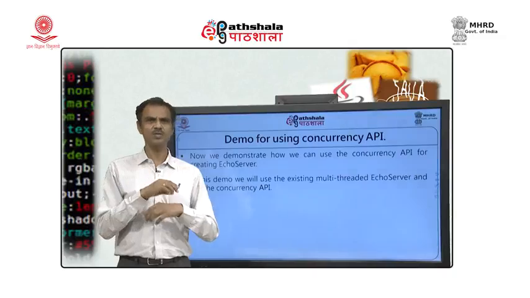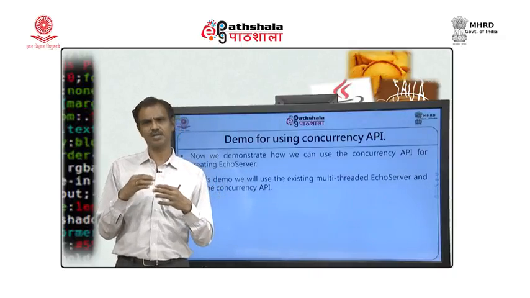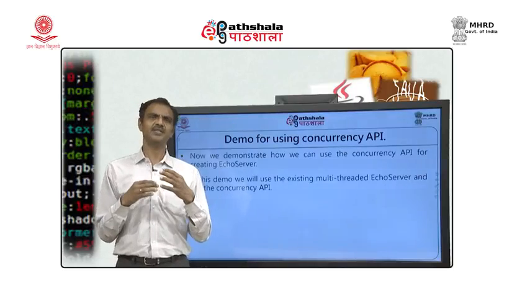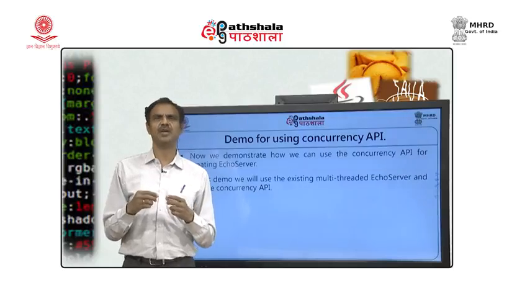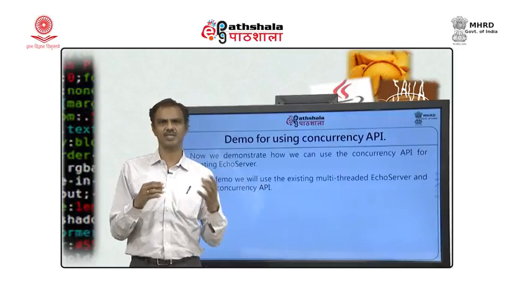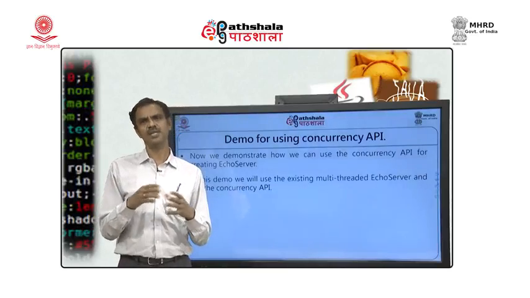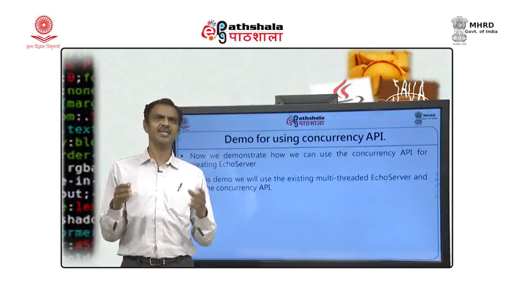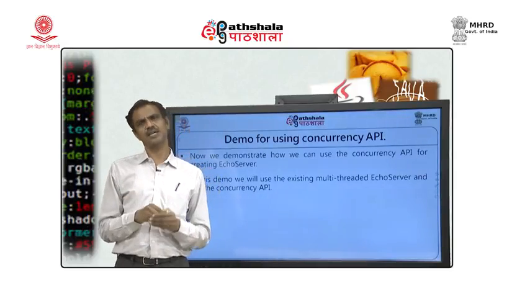And we will see how simple it is to convert an application, if you have written it using the conventional threads, into the new API. In our case here we are only going to be modifying the echo server class.